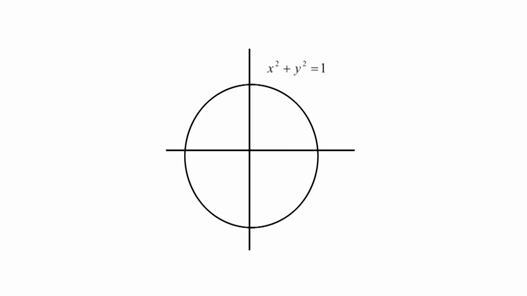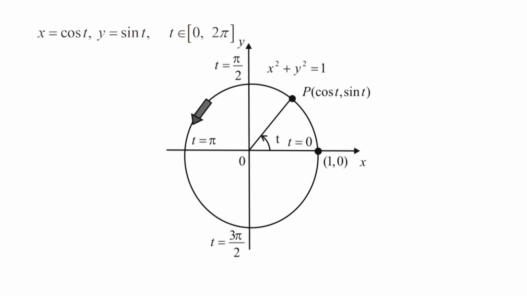For example, the equation x squared plus y squared is equal to 1 simply represents the unit circle centered at the origin. It does not give any idea of the orientation in which the curve is traced. At the same time, the unit circle's parameterization given by x is equal to cos t and y is equal to sin t, where t varies over the closed interval [0, 2 pi], shows that the circle is traced counterclockwise as t increases from 0 to 2 pi, and hence the circle given by the above parameterization has counterclockwise orientation. The orientation of a parametric curve can be indicated by arrowheads.